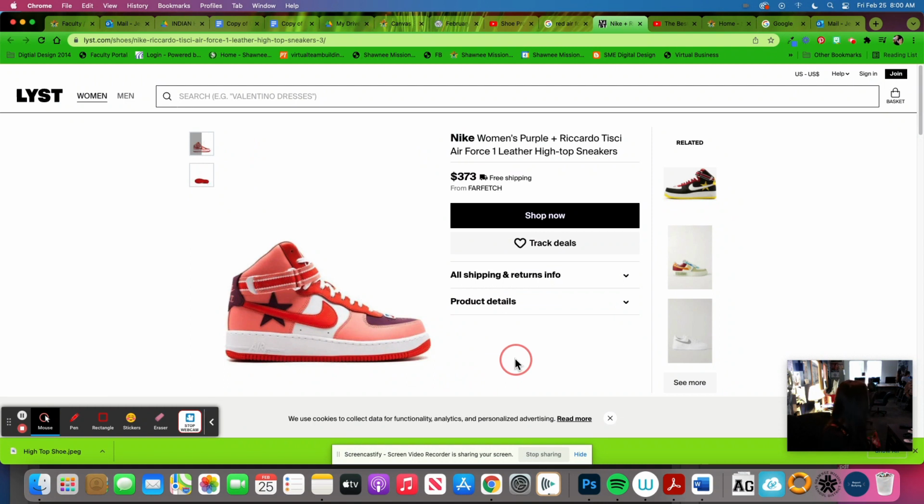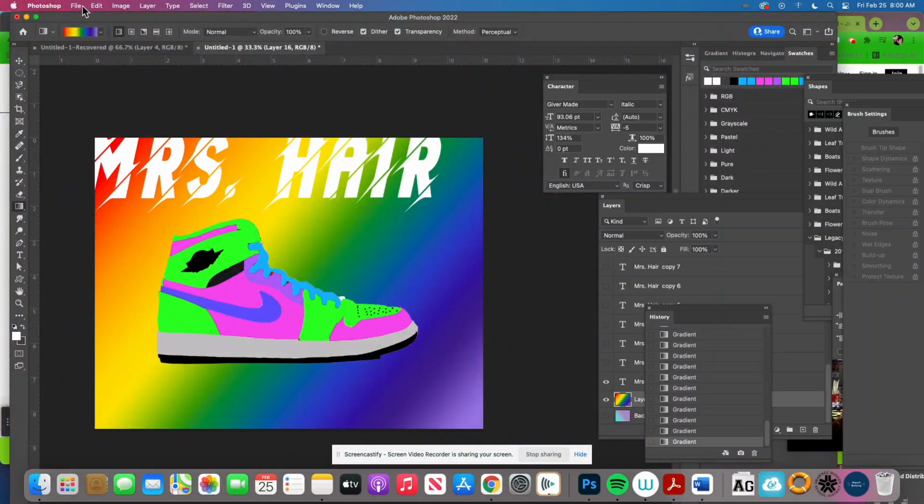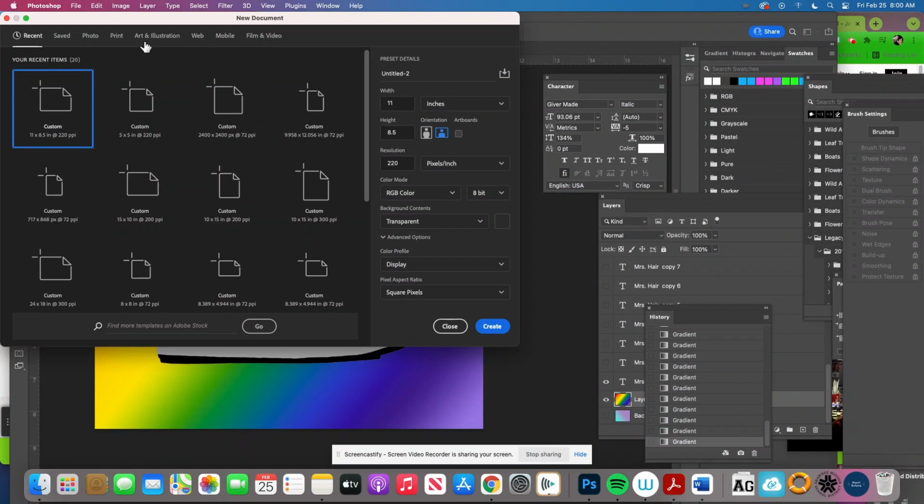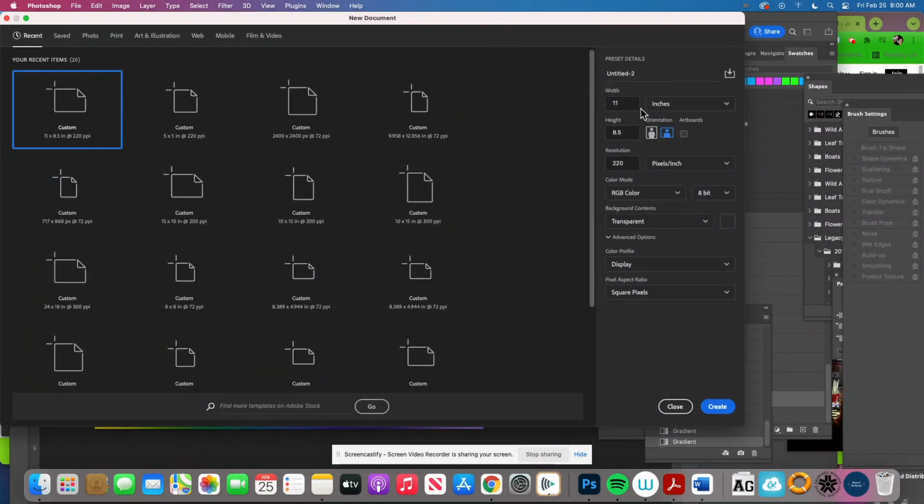So does everyone have the image of this shoe saved? Okay, now we're going to fire up Photoshop. Go ahead and go to Photoshop, and we're going to start File to New this time. And if your shoe is horizontal, you're going to want a landscape orientation of 11 inches by 8.5 inches. So if your shoe is that way, you're going to do 11 inches wide, 8.5 inches tall,